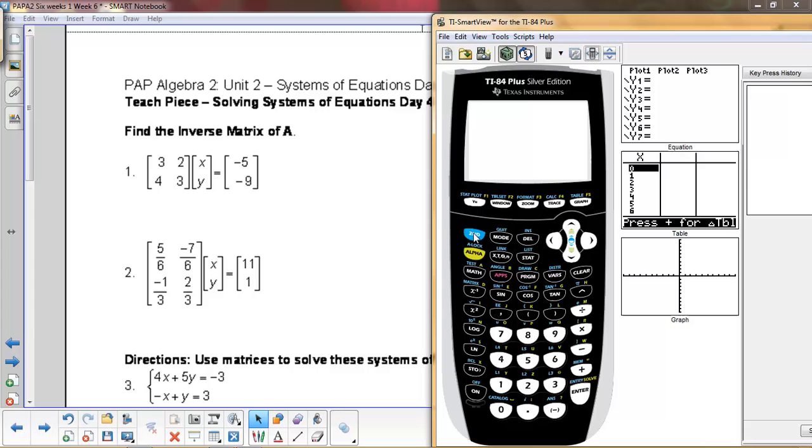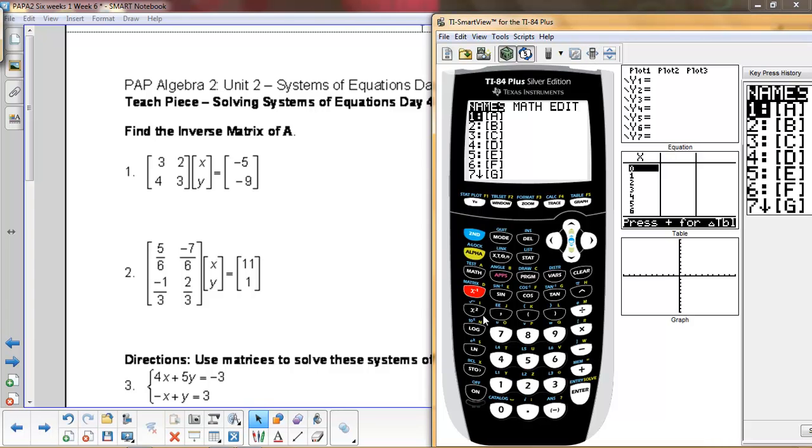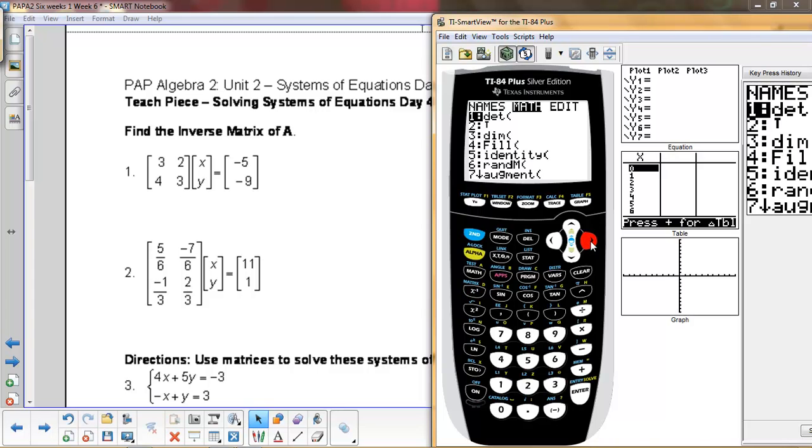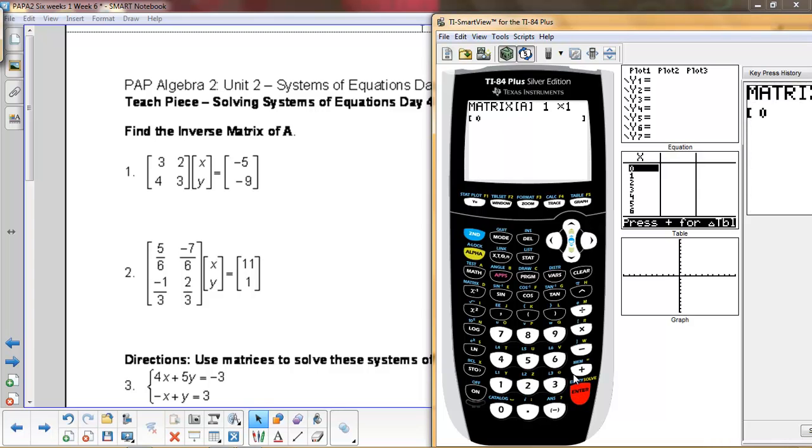In doing so, you must begin by finding your matrix button. That's there. Next, you must move to your edit screen and edit matrix A. You have to count the rows and columns to create your matrix. That's a 2 by 2. And you fill in your numbers. 3, enter, 2, enter, 4, enter,